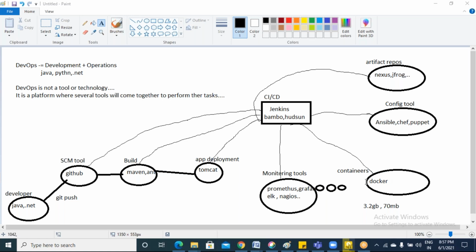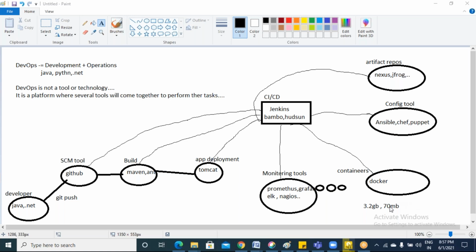So here in Docker, every container will run one application. In Kubernetes, every pod will run one environment. This is one environment, this is one environment, this is one environment. This is Flipkart, this is Amazon, this is some eBay. Every environment will run in one single pod, so that your space will be reduced more and more.